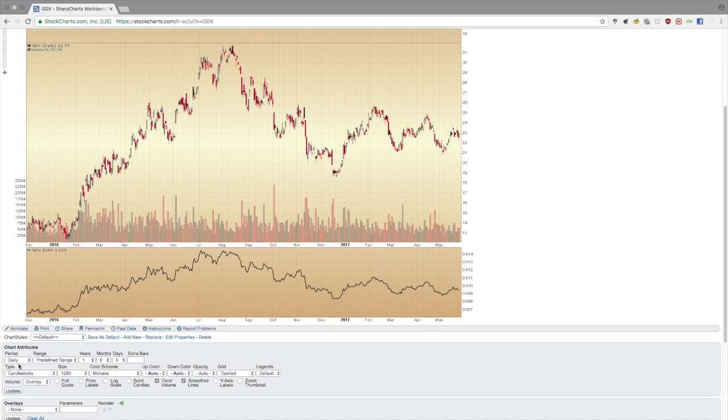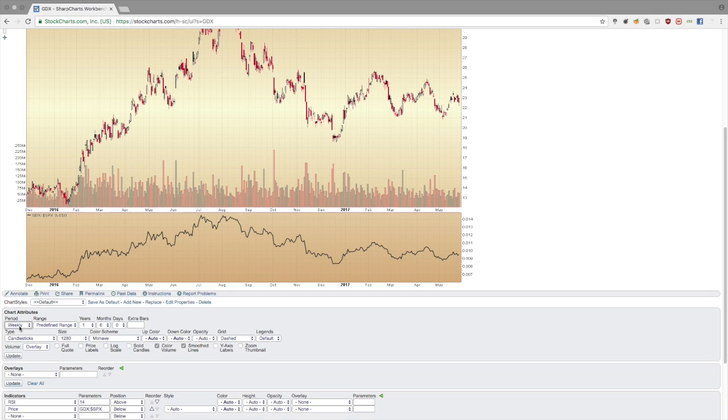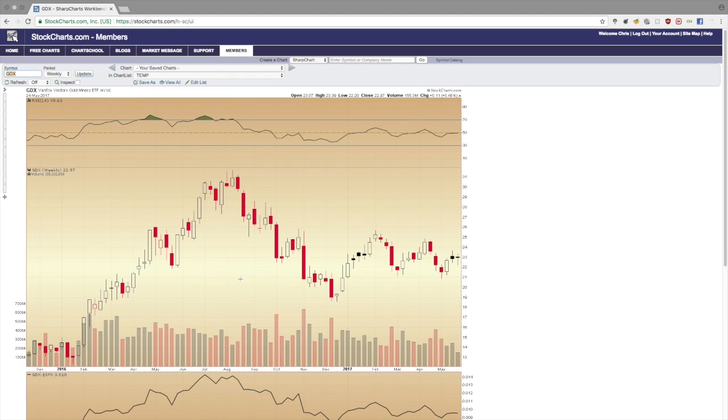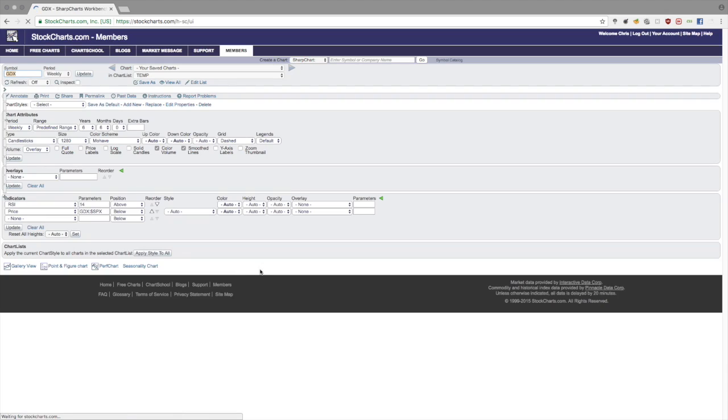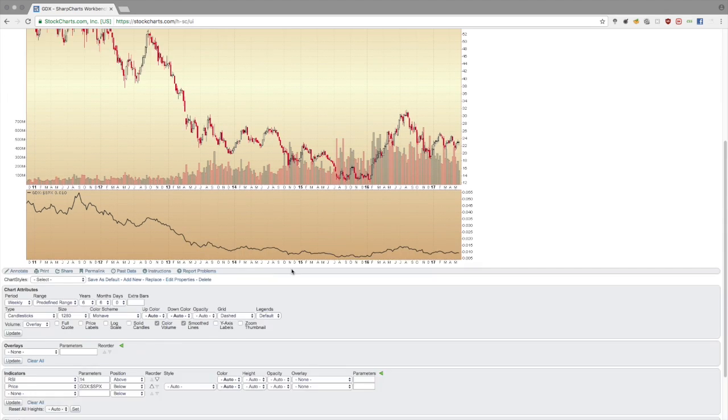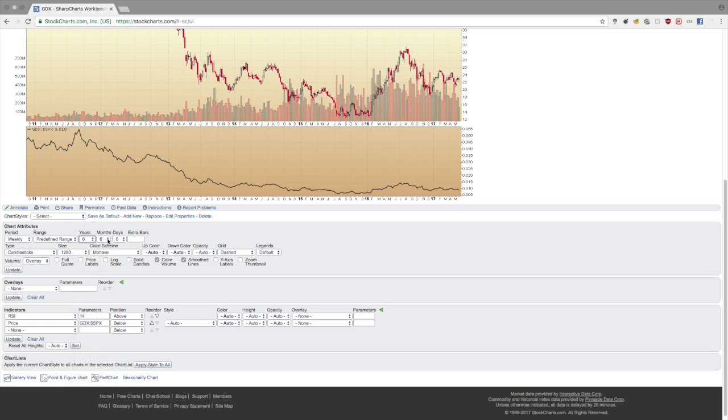And what I want to do is to back this out, and we're going to switch it over to a weekly view. So I go down here to the chart attributes, we switch over to a weekly view, and if we update that, what it's going to do is turn every 5 days of bars that we saw on the previous chart now into one of these bars. So each of these bars now represents 1 week. And I'm going to back this out to, let's say 6.5 years. Let's see how this looks. Let's even make it 7 years.